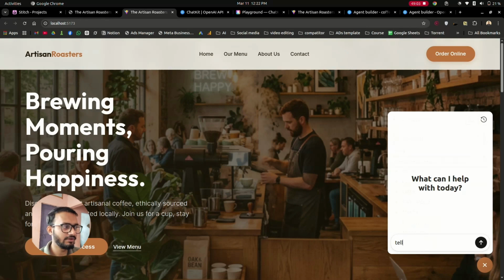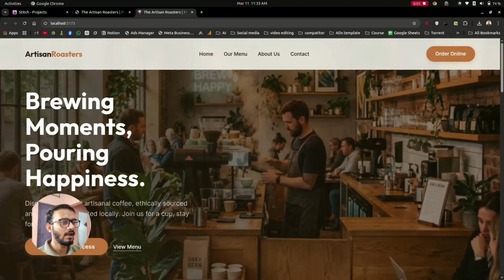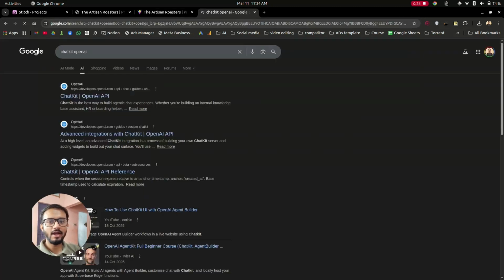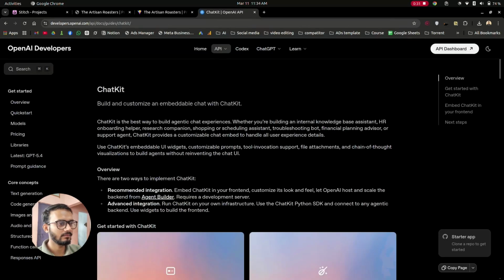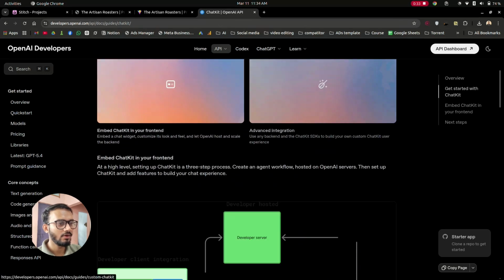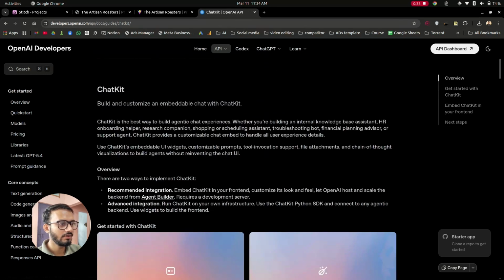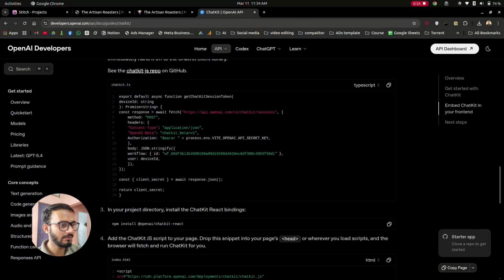Start building the chatbot. I had created a demo website for this. Now we are going to add a chatbot here. To add a chatbot we are going to use OpenAI's ChatKit. This is the official documentation of how we can use a chatbot inside our website. If you want, you can read the whole documentation,